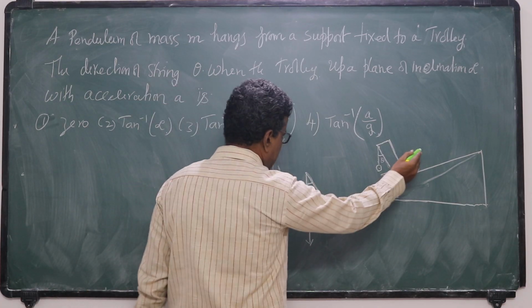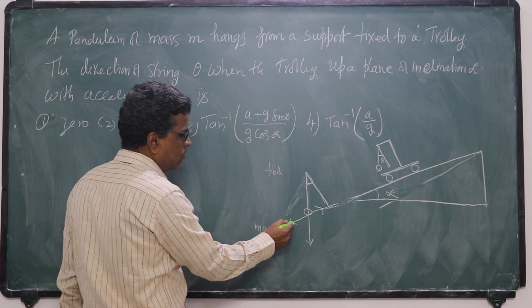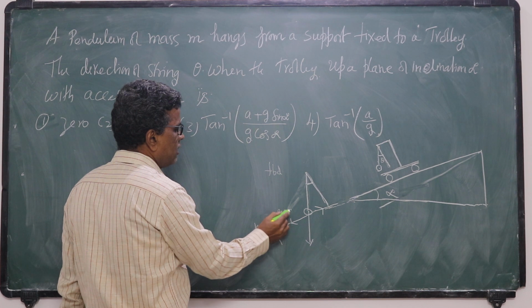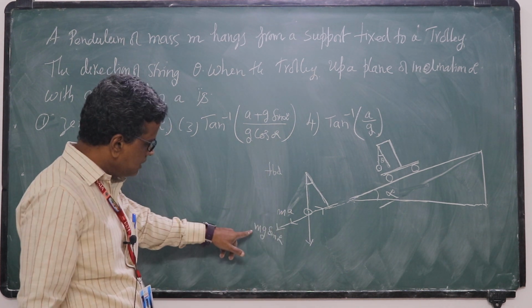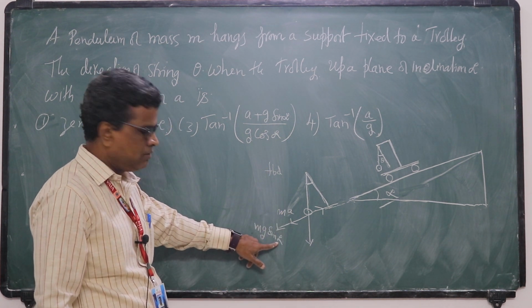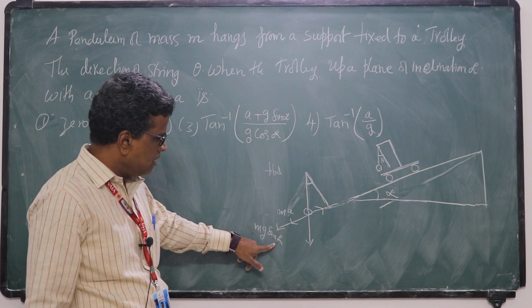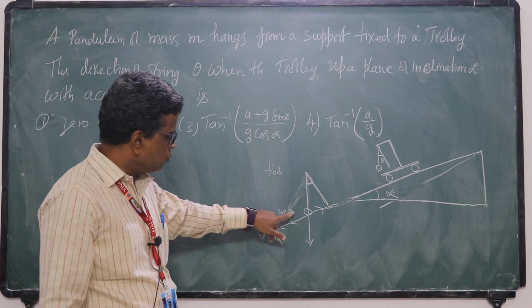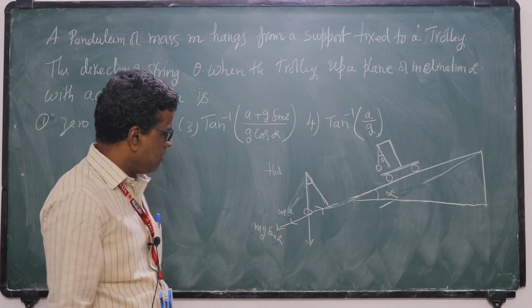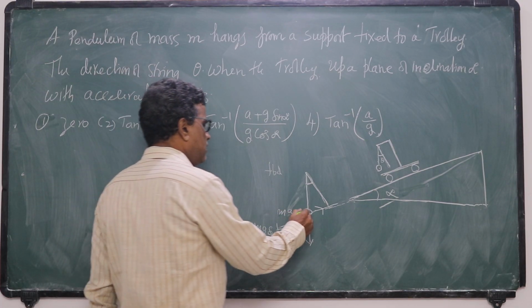Since it is rising up, the pseudo force acts down. How much will it be? ma. So the real force is mg sin alpha down along the plane, one. Second one is the pseudo force ma, and the third one is